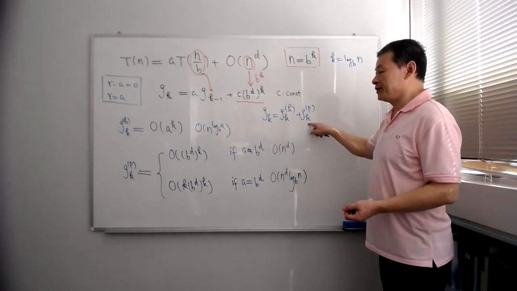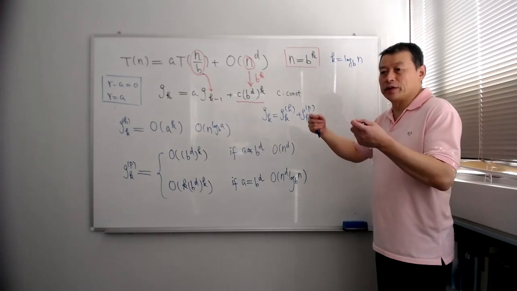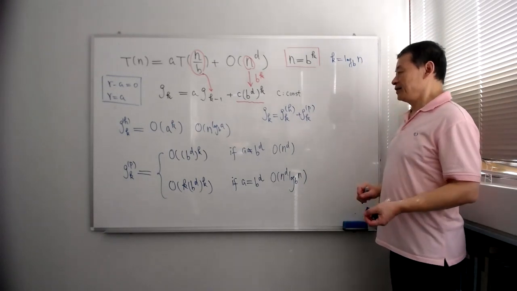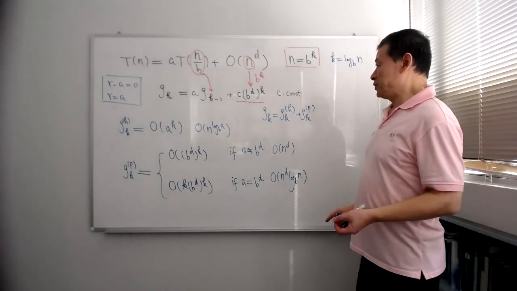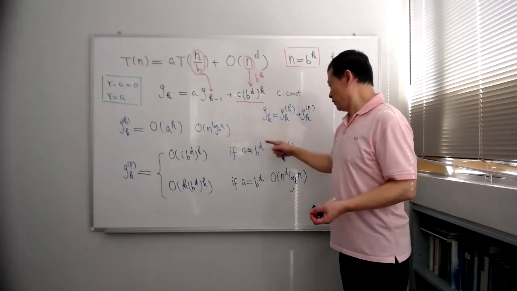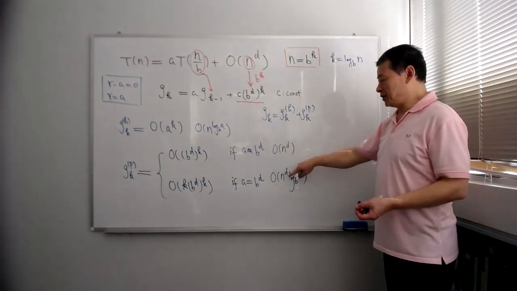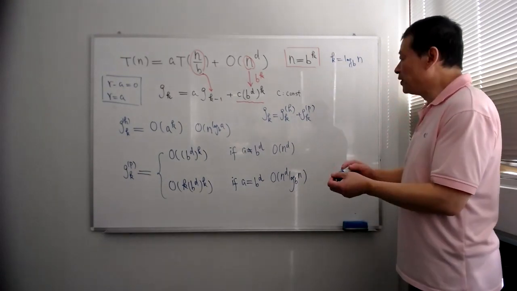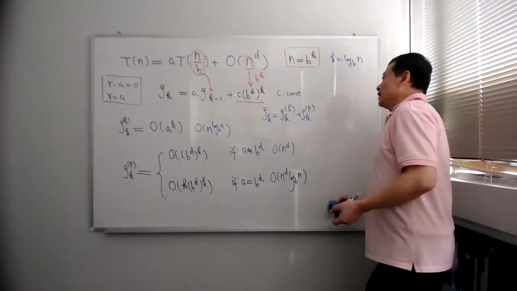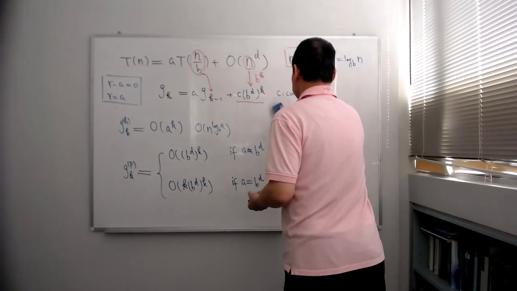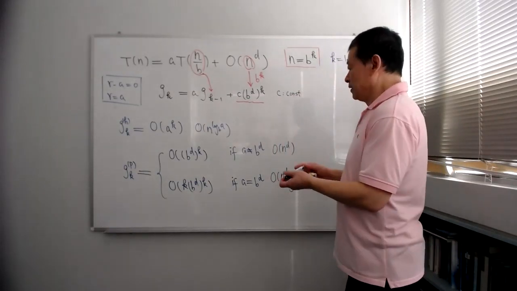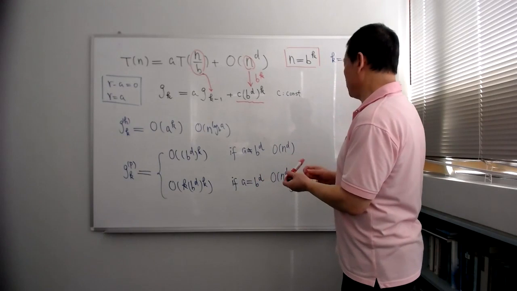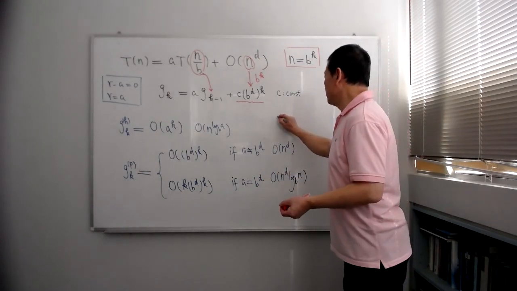By bigger, I mean which one grows faster. So in this case, we just need to compare these to see which one dominates. That's very simple. So the final solution will be T(n) equals